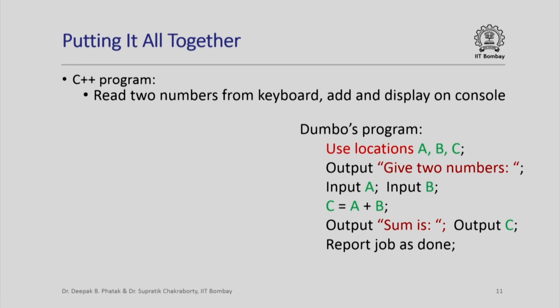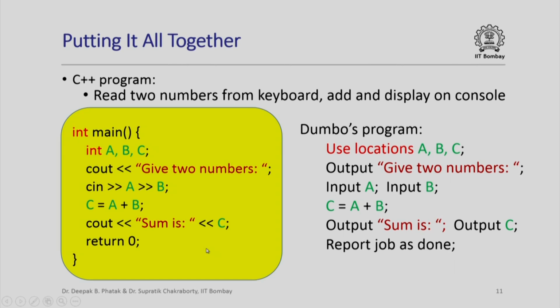In C++ we are going to do something similar, a similar sequence of instructions, except we are going to use the syntax of C++. So this is how our C++ program would look like. We would have int main, we will look at what this means later on. This is really saying that this is the main program that I am asking the computer to execute. Instead of use locations A, B, C, I would say that I need three variables of type integer. Instead of saying output give two numbers, I would say cout, and then to it I would redirect the constant string give two numbers. Instead of saying input A, input B, I would use cin, this is the common input